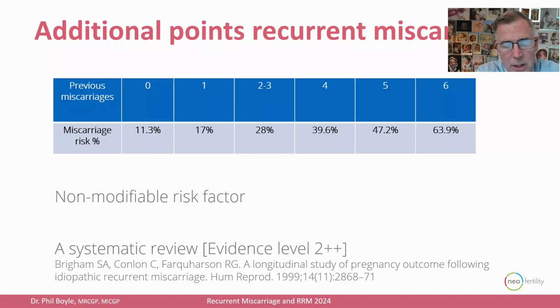And there are 2 ways of looking at this. Often what's recommended is, well, you've had 2 to 3 recurrent miscarriages, and we're 70+% sure you're going to get success if we do nothing at all. So we reassure you, and 70%, well, that's pretty good, right? It is, but if you compare it to the baseline of somebody who hasn't had a miscarriage before, the baseline should only be 11%. So you're almost 3 times more likely to have a miscarriage compared to somebody who never had one. And for me, that's unacceptable.